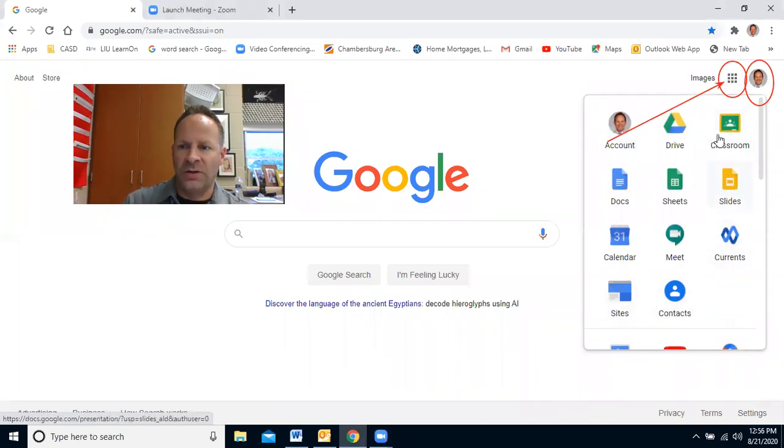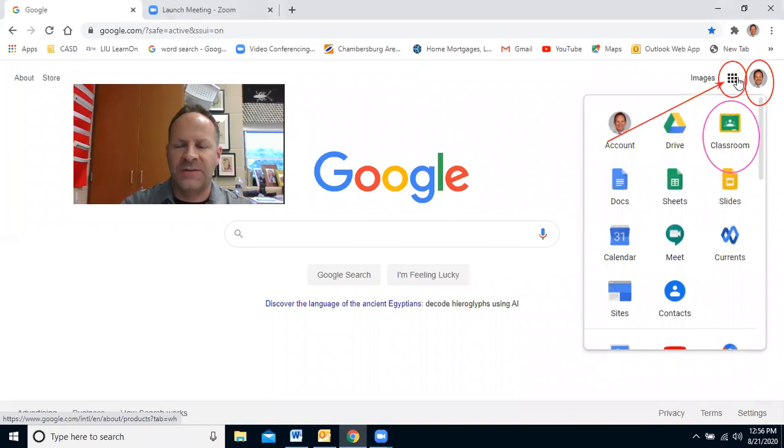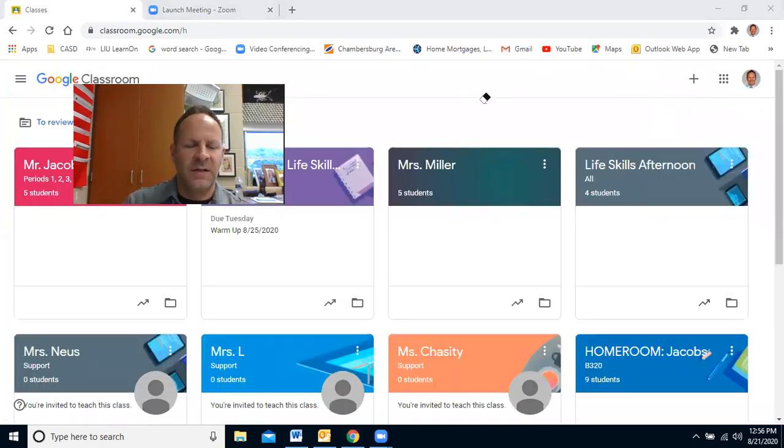And all your little Drive and Classroom icons show up, and what we are looking for here is, let's see if I can click on it again when this comes back up. It went away. My Classroom button. So once I find my waffle, then I'm going to click on Classroom. Once my Classroom comes up, I'm going to erase these boxes over here that I have because mine are already accepted, but on yours,